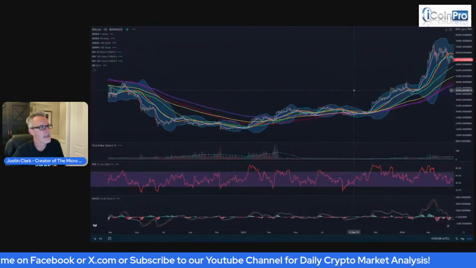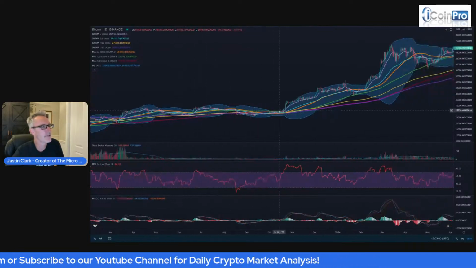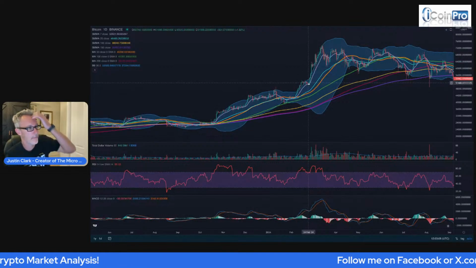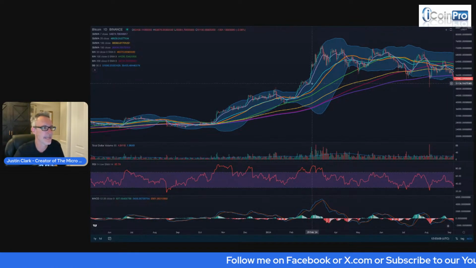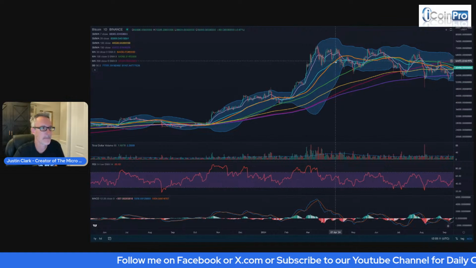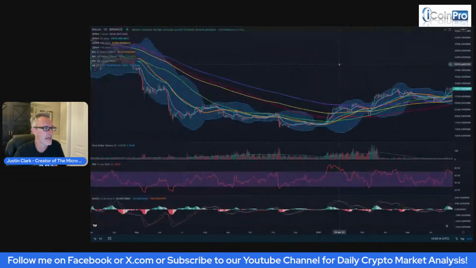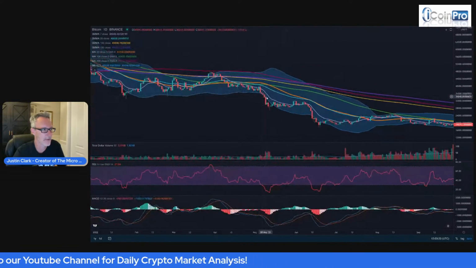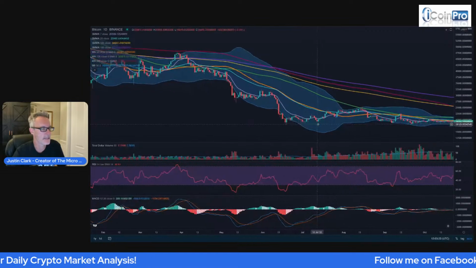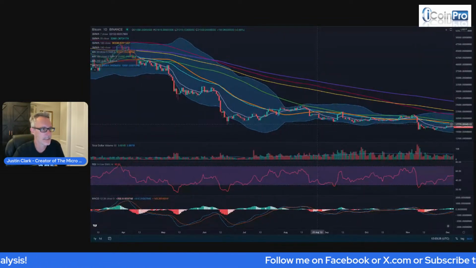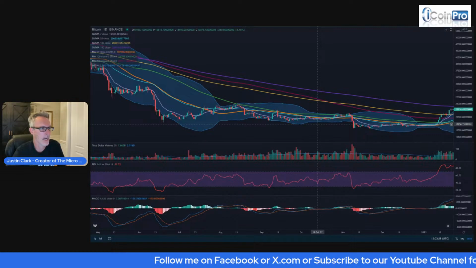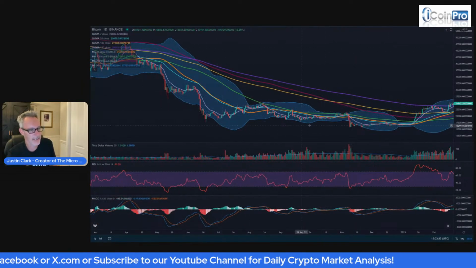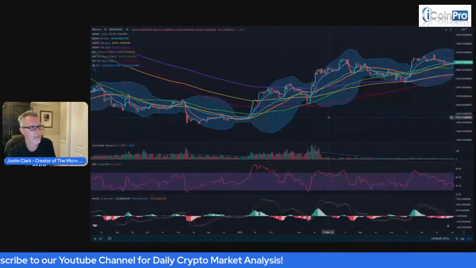Now, when everything is trading above all of these moving averages, in particular when everything starts trading above this light purple line, that means that we're potentially in a bull market, and almost definitely not in a bear market, and we're potentially building up bullish momentum. On the flip side, when everything gets stuck below all of these moving averages, and in particular stuck below that light purple one, then we're building up bearish momentum and potentially in a bear market, and almost definitely not in a bull market. And it takes a while. Now, a news event can change anything, but it can take a while to process out the fear in the sellers before the price can rise again.